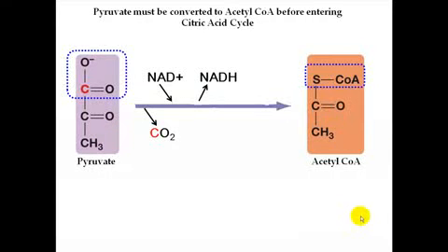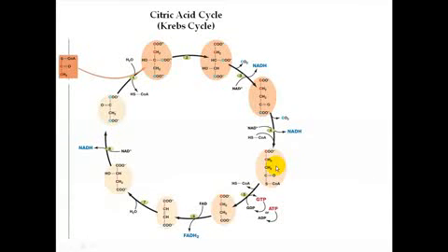What we'll do next then is take a look at what happens during the citric acid cycle. And so here is the citric acid cycle, which is actually also referred to as the Krebs cycle after the guy that discovered how it goes. And so you'll probably hear me calling it the Krebs cycle every now and then. Here's the acetyl-CoA that we just talked about. And so the point at which it enters the citric acid cycle, what happens to it is that this acetyl-CoA,